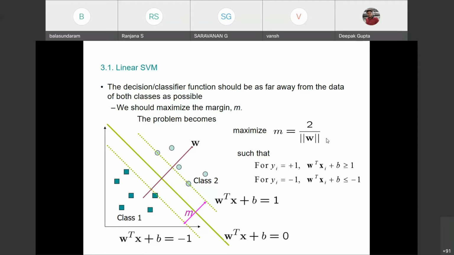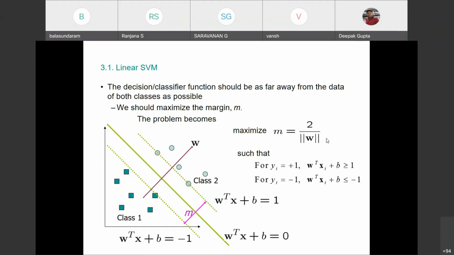So what we will do is take an equivalent problem. What is the meaning of an equivalent problem? From the first problem, I am going to come out with another problem such that solving the first problem is the same as solving the second problem. Both give me the same solution. That is the meaning of it. Right? Okay. So from this maximization problem, now I am going to go for a minimization problem,